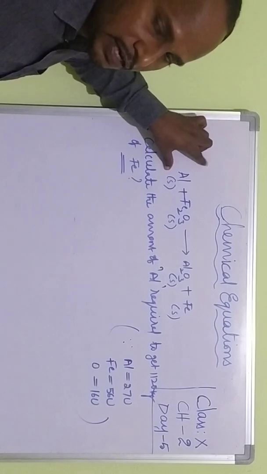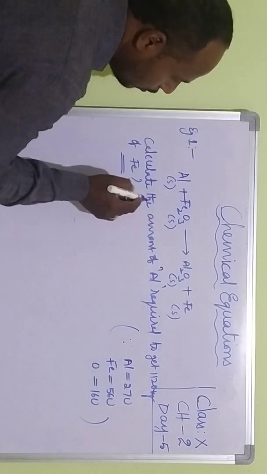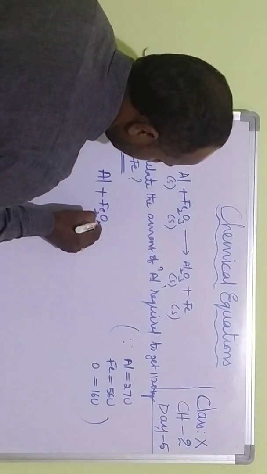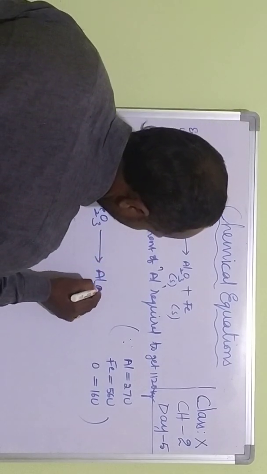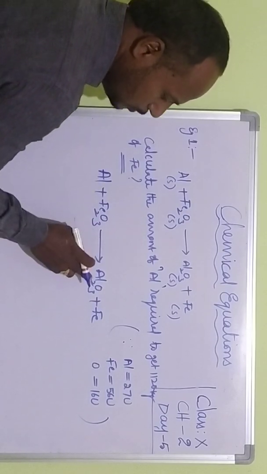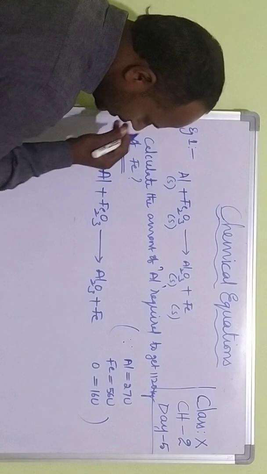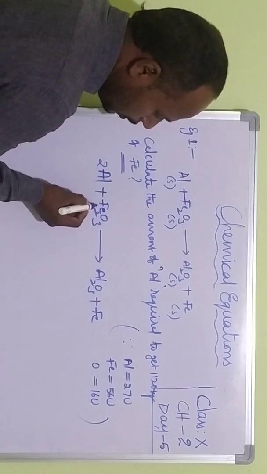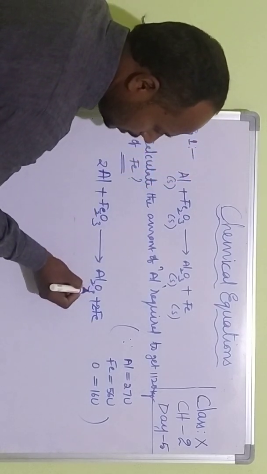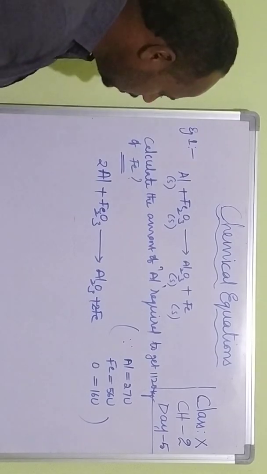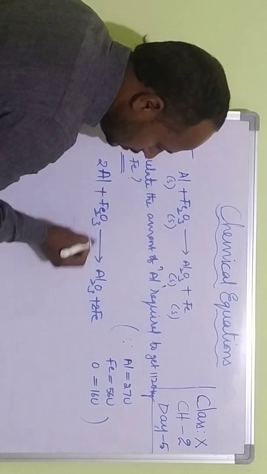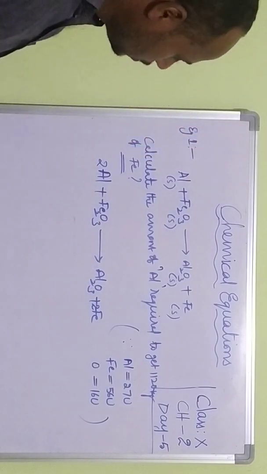For whatever reaction, first we need to balance the reaction. Let's see how to balance the equation: Al and Fe2O3 give Al2O3 and Fe. Here, how many aluminiums are there? 1. Here, 2 are there. If I write 2 aluminiums, they are equal. Next, irons: Fe2, so 2 Fe's are there. If you write 2 irons. Number of oxygens, 3 there, and here also 3. The equation is balanced, right? The number of aluminiums, 2 irons, and oxygens 3 and 3. So now the equation is balanced.